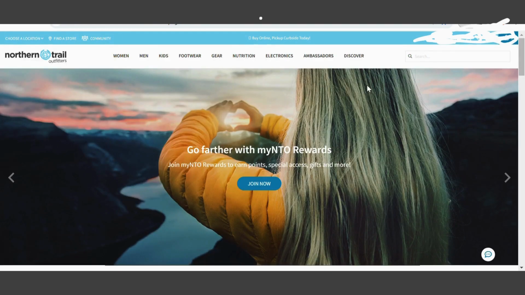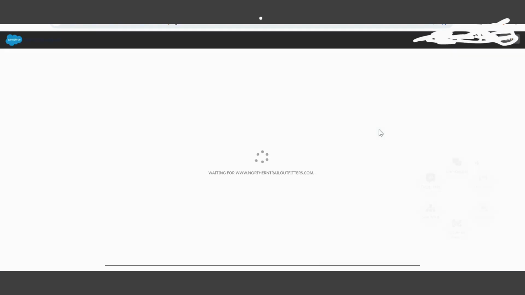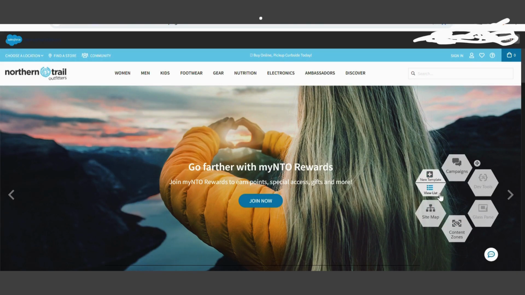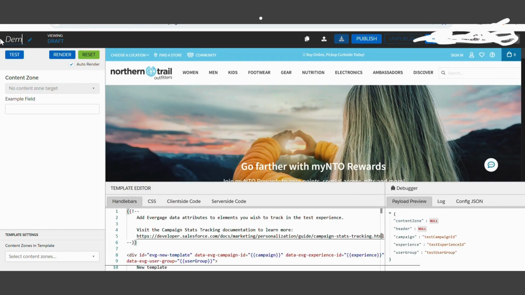But here we are using the NTO website for the creation with the visual editor. So when we go to the web again and through the beacon, we go to the visual editor. Then we can see the hexagon structure. Here we see the web template options: if we are viewing templates, we can see existing templates which are already created. And we can also use the new template option. Here we click on it and put our template name, like demo template. After that, we set all the criteria we want here. When we have set all the criteria, we save this demo template and publish it for use in a campaign.